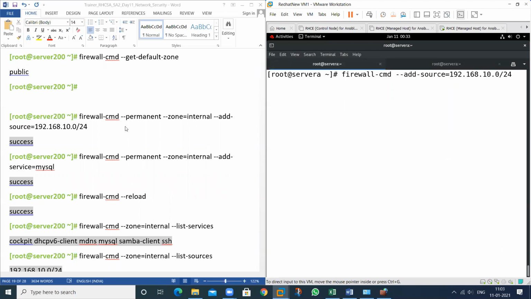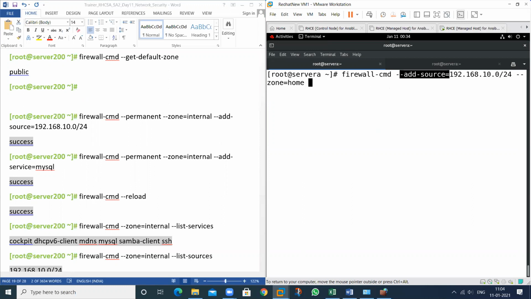So for a particular zone, if you want to add the particular zone also, use this command. Then hyphen zone. You can add this at the start or at the end, there is no change. You can add the zone at the last or at the starting. Then the zone is, you want to apply this for the public zone, and for the internal zone, any zone, home zone.